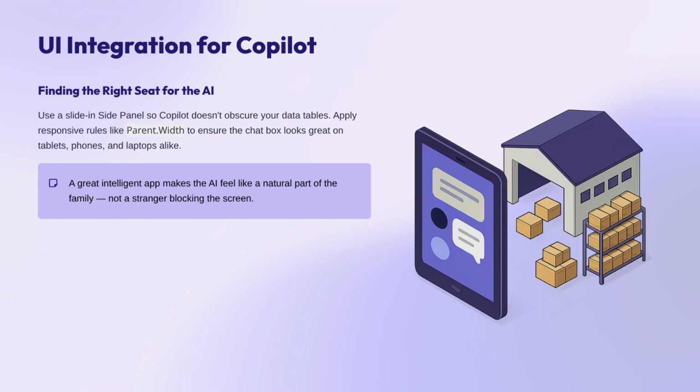Imagine a dummy example. You are on a phone in a warehouse. You want the Copilot to take up the whole screen while you are talking to it, but then shrink away when you need to see the barcode you are scanning. We use the responsive design rules we learned earlier, like parent width, to make sure the chat box looks great on a tablet or a laptop. You've probably noticed at the office how annoying it is when a pop-up gets stuck in the middle of your screen. We avoid that by building the Copilot directly into the flow of the app. Let's break this down together. A great intelligent app is one where the AI feels like a natural part of the family, not a stranger